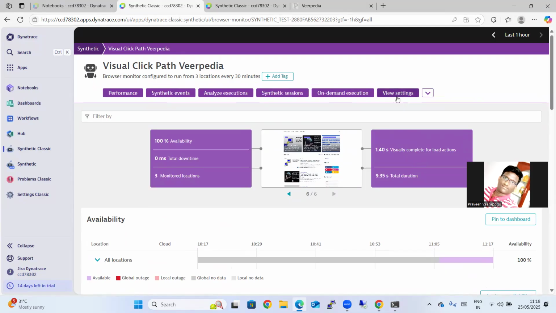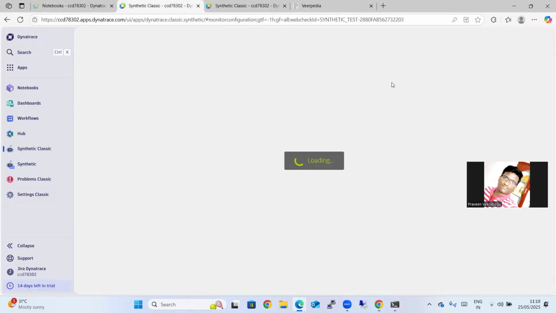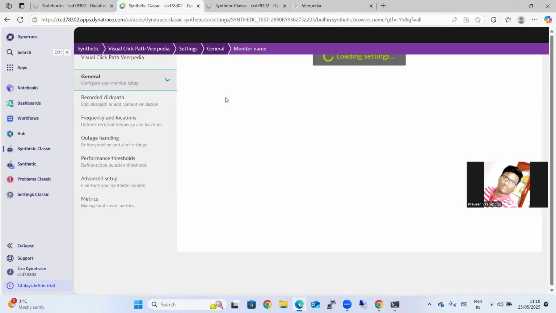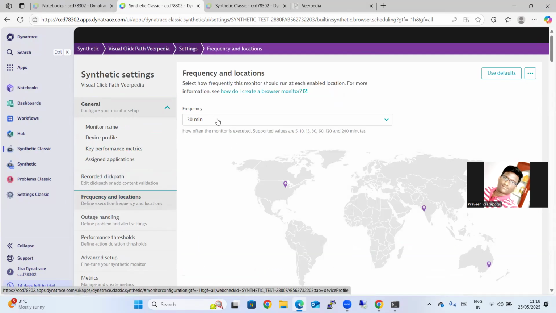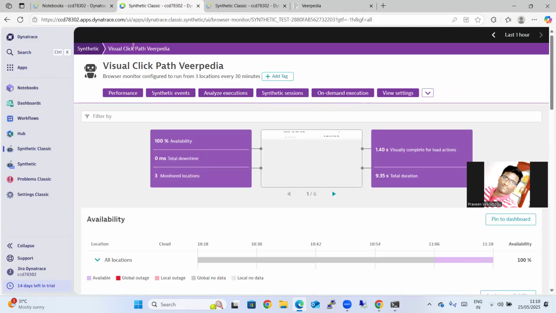You can see in the frequency tab, it will check only every 30 minutes. We just brought that URL back as draft, so after 30 minutes this monitor will run again and check the performance of the URL and whether it is accessible or not. If you want to check right now and don't want to wait for the next 30 minutes,